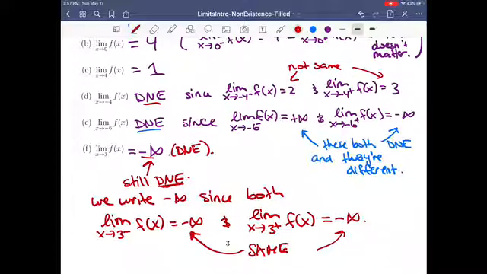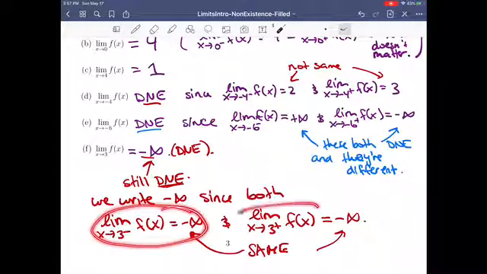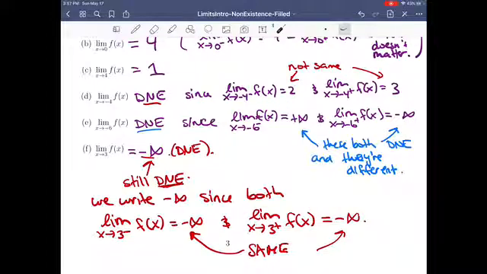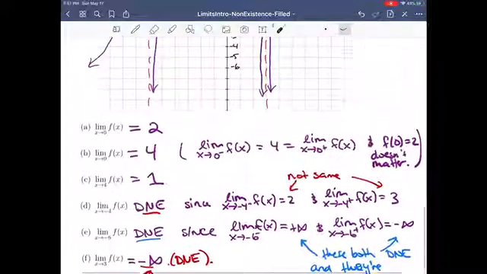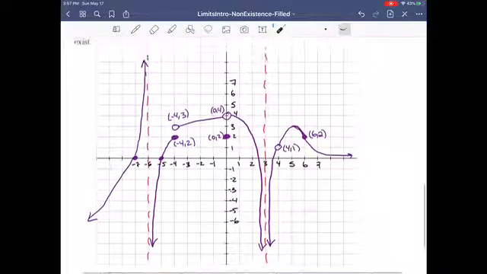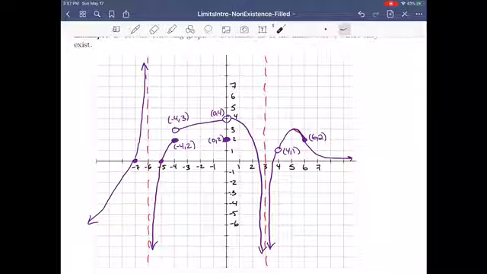Okay, now notice here, I've sort of talked about the left and right limits. For the left and right limits, you're always going to write that they equal something, because the only way that they cannot exist is if they go to infinity. So they're either going to equal some number, or they're going to go off to plus or minus infinity. But if they go to infinity, you have to remember that we write equals that infinity, but we really mean does not exist, because we have to remember all the time, infinity is not a